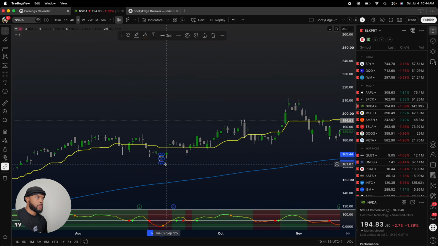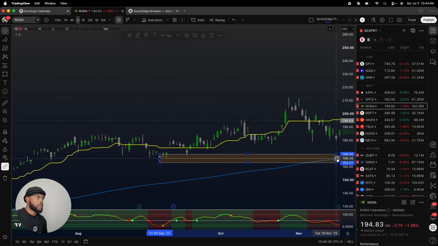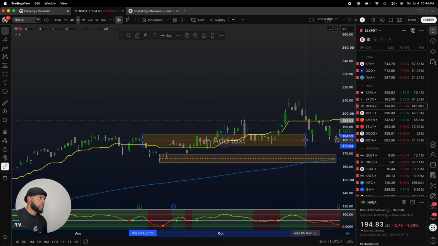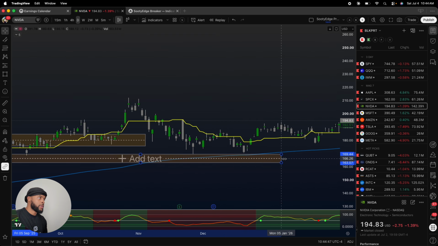But I might take this one. I'm gonna put in both of these. This one looks a little better, so I'm gonna put in both of these because these are two strong levels, right? I'm gonna bring these both across